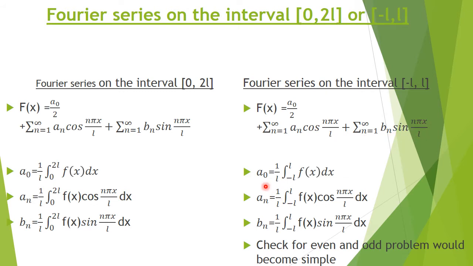Alright. Now, what are the Fourier coefficients a0, an, bn? Alright. And what is the interval here? Minus L comma L. And what is the length of the interval? The length of the interval is 2L. And here you will have 1 upon half the length of the interval. So it will be a0 equal to 1 by L integral minus L to L f of x dx. An is 1 by L, integral minus L to L, because the interval is minus L to L, f of x cos n pi x by L dx. Bn is equal to 1 by L, integral minus L to L f of x sin n pi x by L dx. So the same angle we are going to write in the Fourier series as well as in the integration.